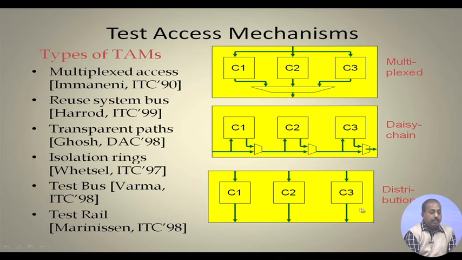Another possibility is the distribution. The point I was talking of at the beginning is that in the first two cases the entire test bus is getting allocated to testing of a particular core, but that may not be very beneficial because that makes the testing fully serial. So, if we can distribute this test bus into a number of sub buses, like here we have divided the test bus into 3 parallel sub buses, and they are actually feeding